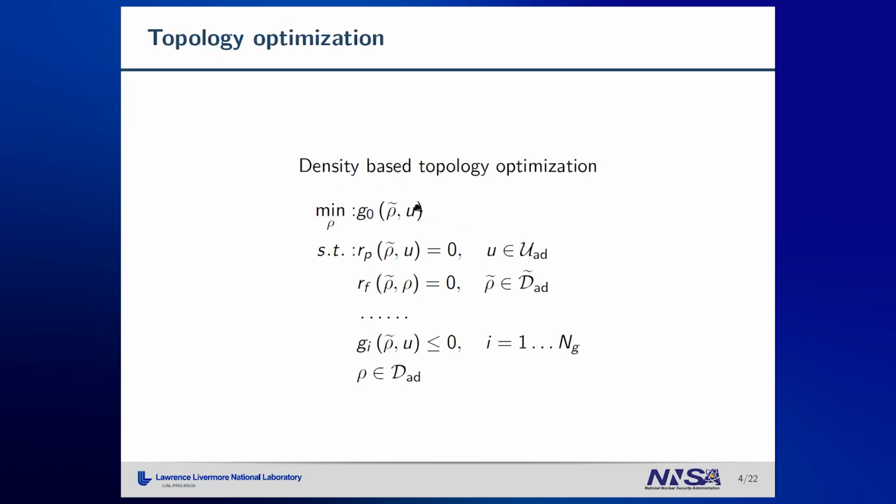So, for example, if we minimize for the mass, we would like to constrain the maximum displacements, or we would try to constrain the compliance of the system. If we solve for temperature, for example, we would like to constrain the maximum temperature in the domain or the maximum flux. And of course, what we optimize for is the density. Usually, this density is transformed in order to ensure that there is a solution of the problem. And then we represent here the solution of the physical system, or the state problem.